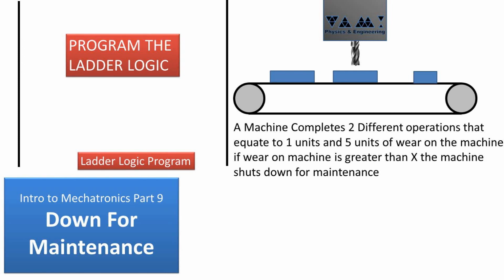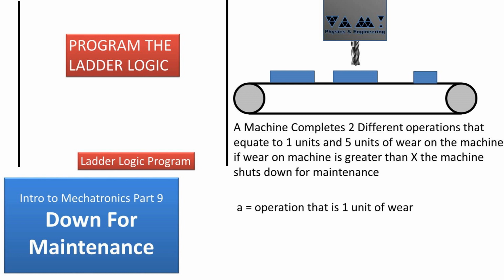In this problem, we have a machine that completes two different possible operations on a part. These operations equate to 1 unit or 5 units of wear on the machine. If wear on the machine is greater than X, which is whatever quantity deemed necessary, the machine shuts down for